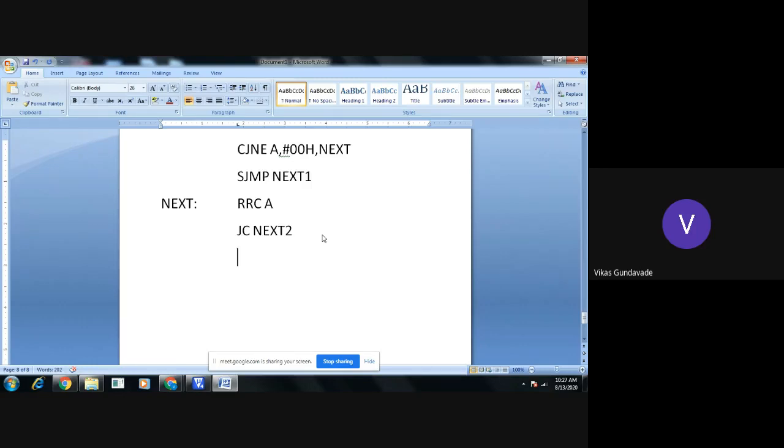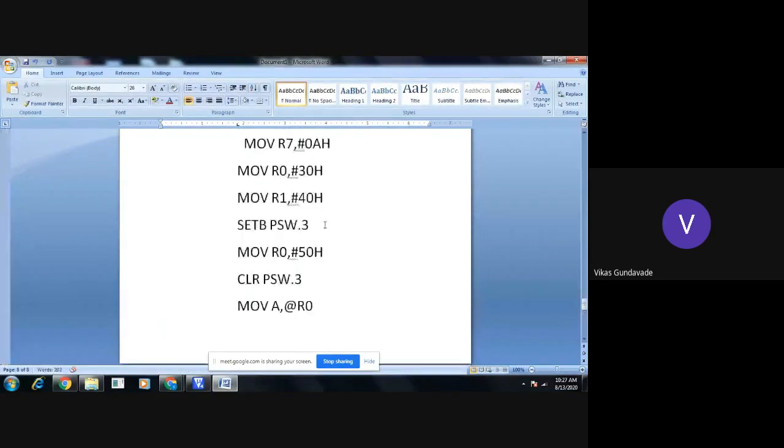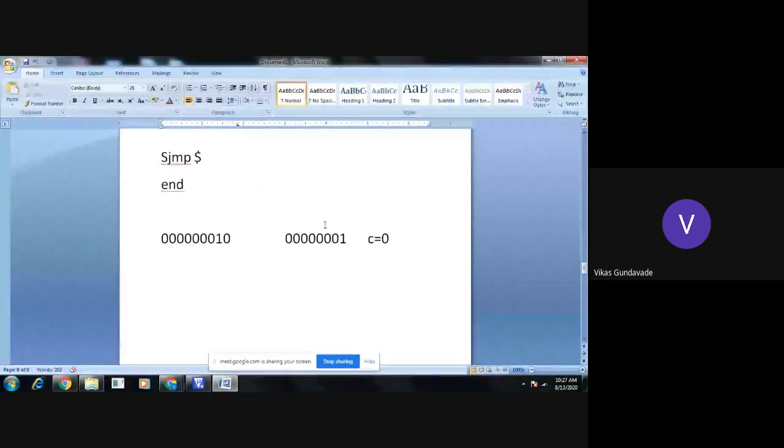Now see why it is so, because in this program when we are shifting the bits, this is a 0 2, okay, and 0 2, when we are rotating it, the count becomes 0 1. Am I right? Now if we want to store this 0 2 into another memory location, that count will not be available in the accumulator. So here what we need to do is very simple.